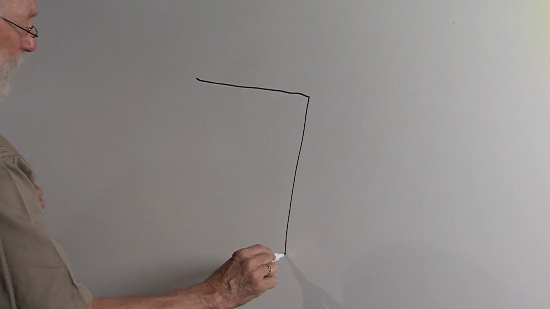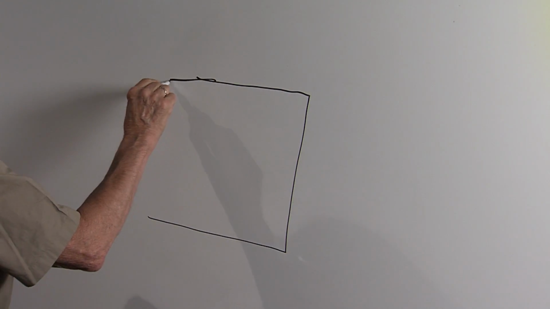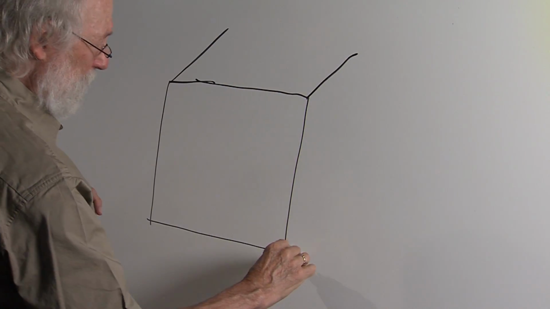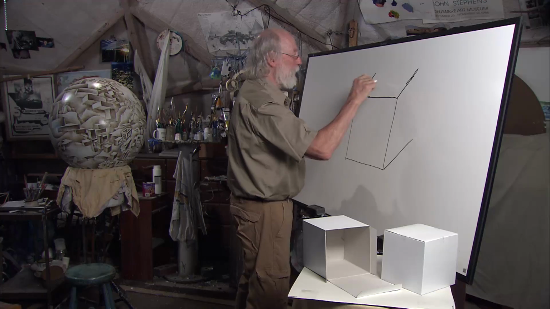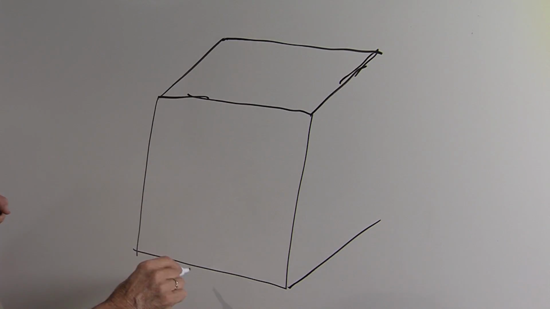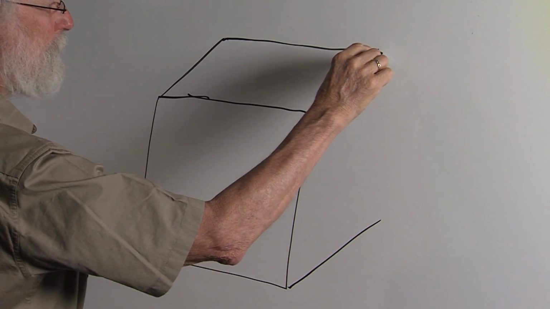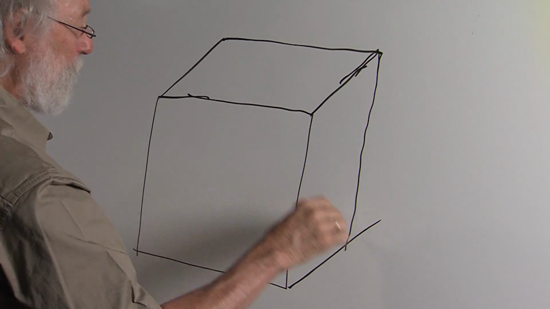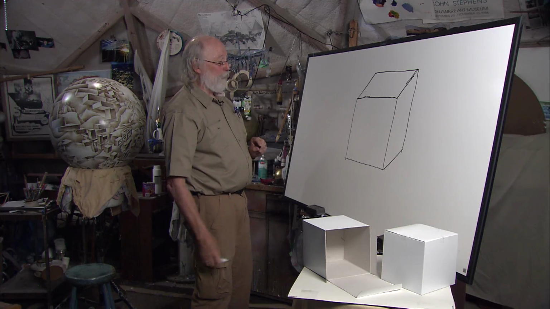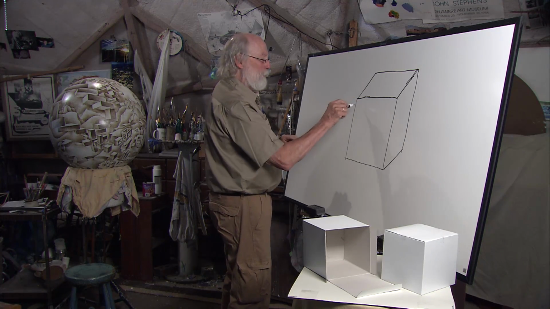So here's the basis of a cube that we've drawn quite a few times, projecting back in space, like so, all the same distance back. So when we cut them off, they run parallel to these 2 lines, and when you cut this one off from this corner, it runs parallel to these 2 lines. All right, so we got a nice cube there to start with. And now we're going to cut a cube out of this.